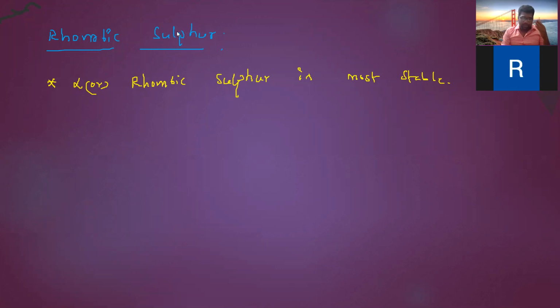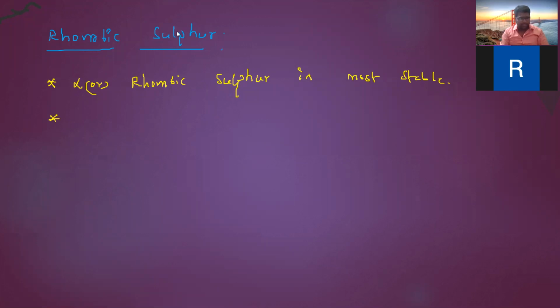Actually, it exists as a solid. That's why it has a melting point only. It's not possible to have a boiling point because every sulfur is in crystalline form. Crystalline means it definitely has a melting point only, not a boiling point. Boiling point is only for liquids. Okay, write the point.